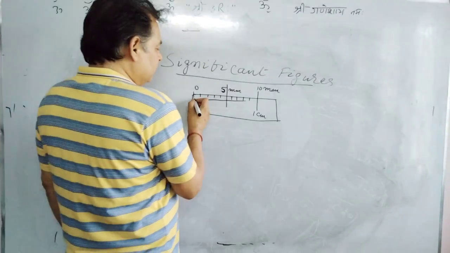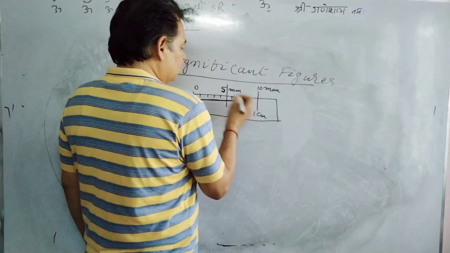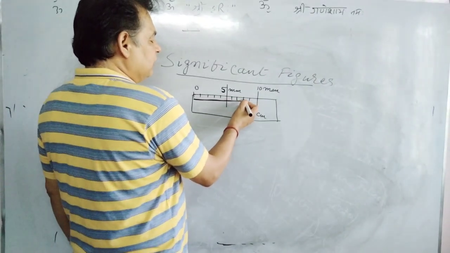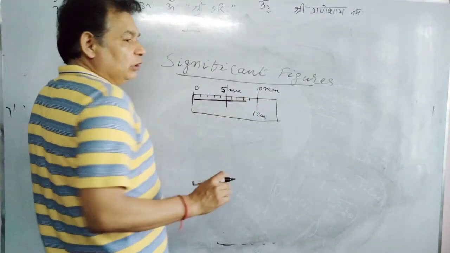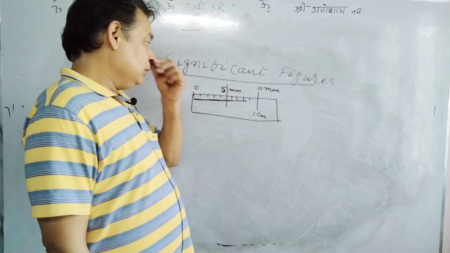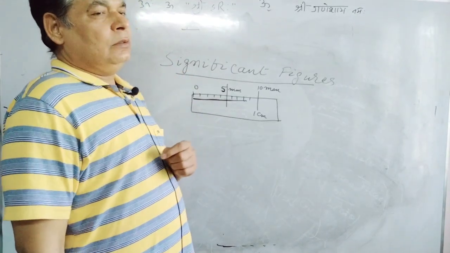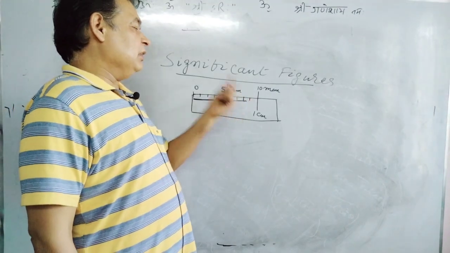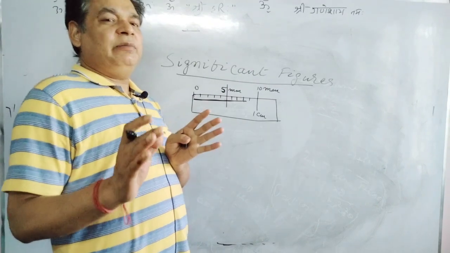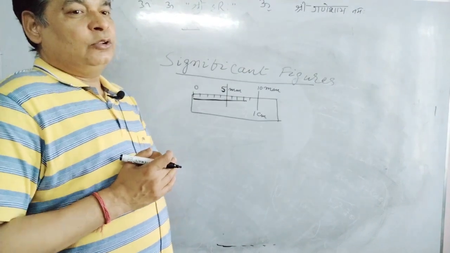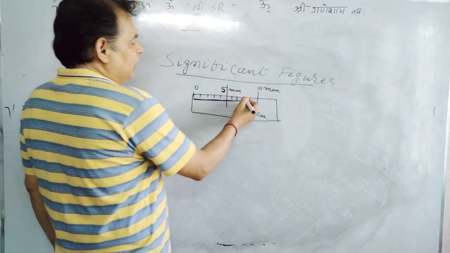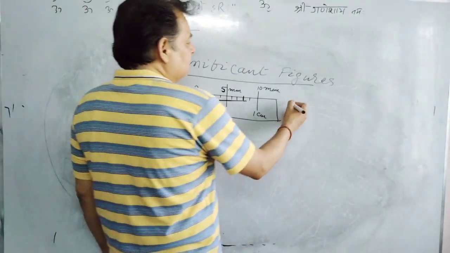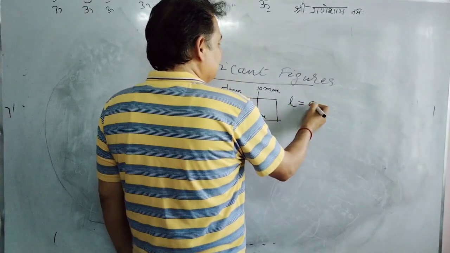If this line is this one, we are very sure this is the 5th one, 6th one, 7th one, 8th one. This line is something longer than 8 millimeter, but with the same degree of surety we can say that it's less than 9 millimeter. It's greater than 8 millimeter but less than 9 millimeter. So it's greater than 8 millimeter, we are very sure, we are very confident. But if you write down the length of this line is 8 millimeter, then something is wrong.